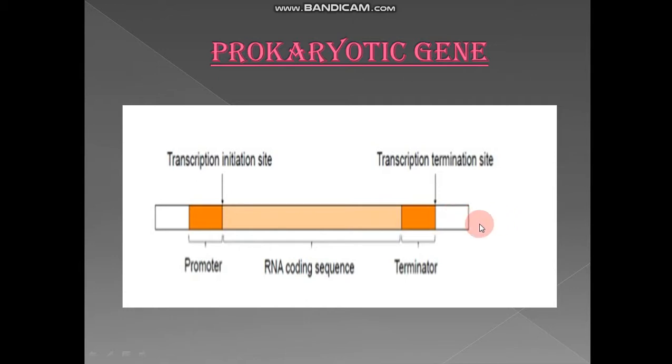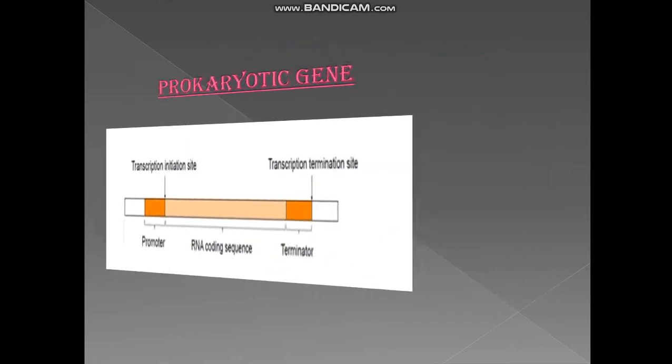We generally read from 5 prime to 3 prime. So this will be upstream and this will be downstream. A general prokaryotic gene does not have any gaps in between. It is a continuous sequence, and it has an initiation site and a termination site for the process of translation to continue. But this is not the case in the more evolved eukaryotic gene.